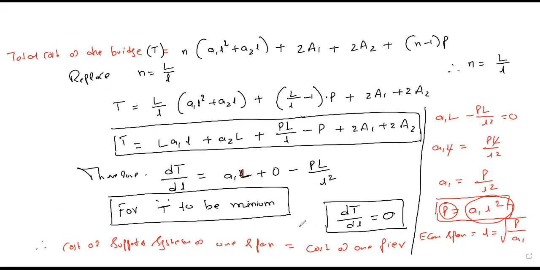So from this, whenever you do design, make sure that the cost of 1 pier should be equal to the supporting system of 1 span, the supporting system of the superstructure. Okay, understand? So this is what about